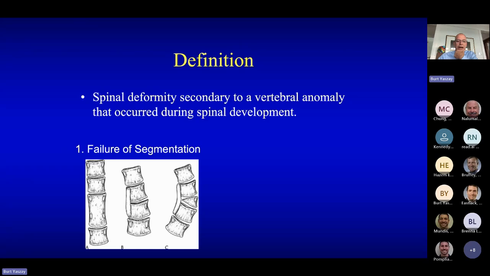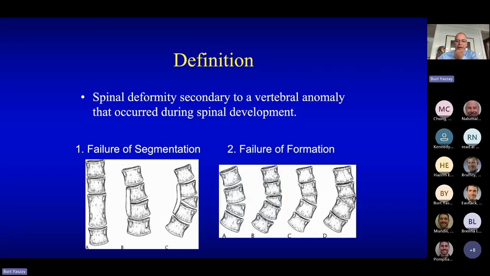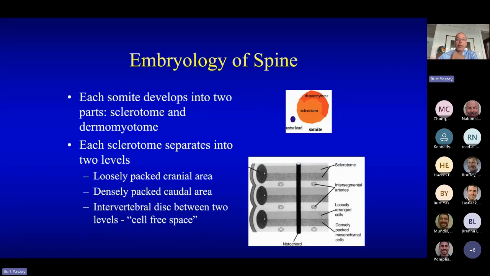And it comes in really two forms: a failure of segmentation and a failure of formation. And why this is important is for all of us who are spine surgeons, I think understanding a little bit about the embryology and how the spine develops is important and helps to relate to a lot of the problems that we see and why there are associated findings in congenital scoliosis with other organ systems and so forth. So really going back and digging deep into embryology,